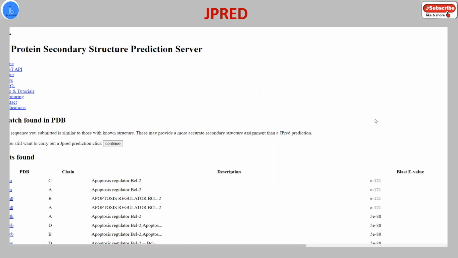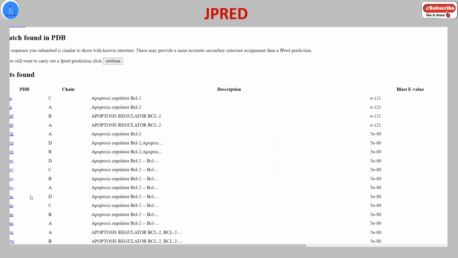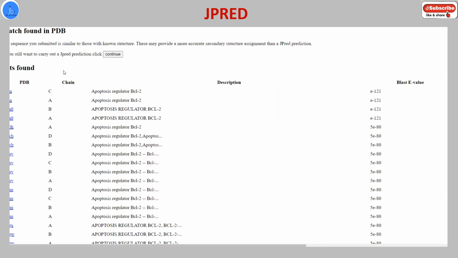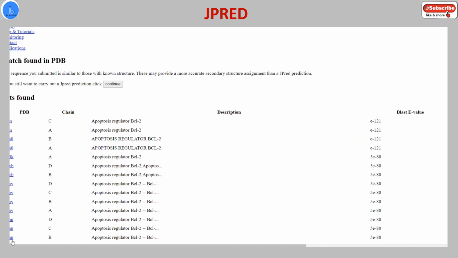See, BCL2 protein is a known protein and many people are already working in this sector. So a lot of information is already present about this BCL2 protein. In that case, we are already getting a lot of tertiary structure information and PDB information. So if we click here, we are going to get a significant amount of data, both in terms of secondary structure data, tertiary structure data, and most of the time validated NMR, crystallography, and